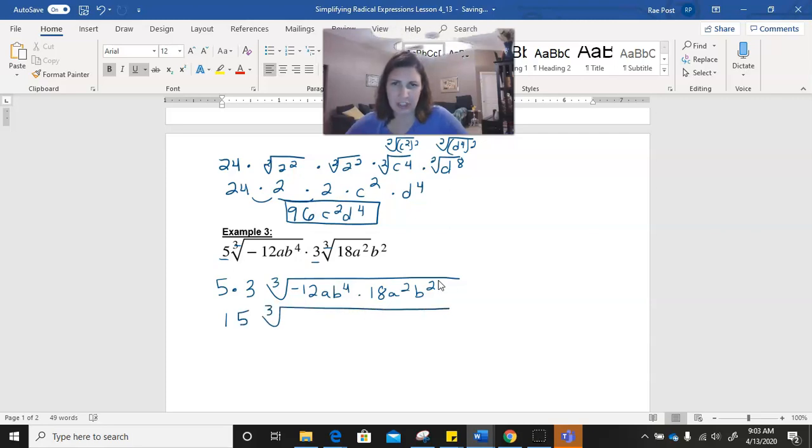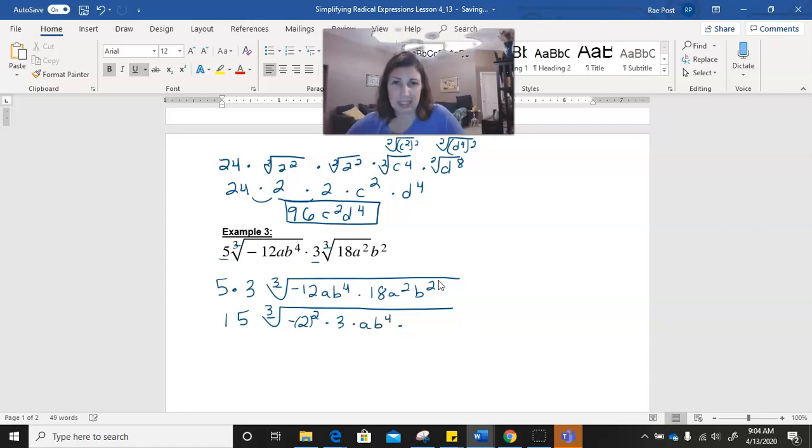And then you guys can go ahead and start rewriting all of your factors, hopefully in some way as a power of 3, if you can. So I know 12 is 3 times 4, right? And so because I know it's 3 times 4, I know I'm going to go ahead and break it down like that. So I'm going to do, you can do this a couple different ways. This is the way I'm going to do it. I'm going to do negative 2 squared. It's like really like a negative on the outside there, times 3. Because when you say 2 squared is 4, 4 times 3 is 12, times a b to the fourth times,